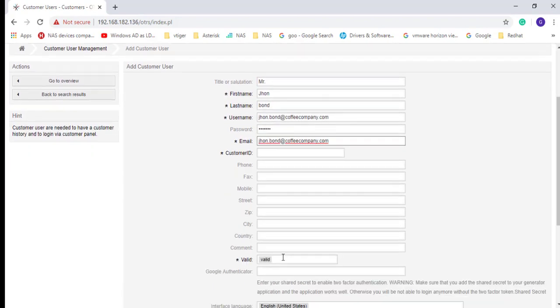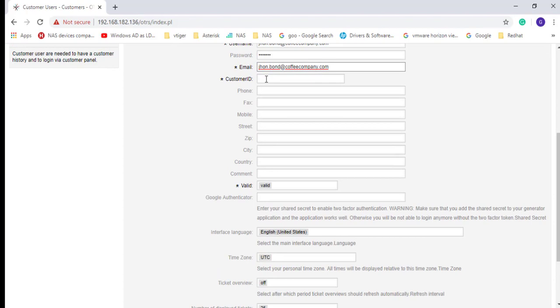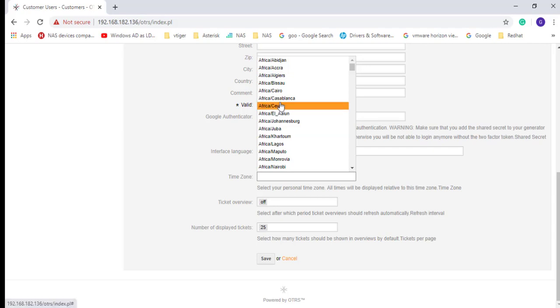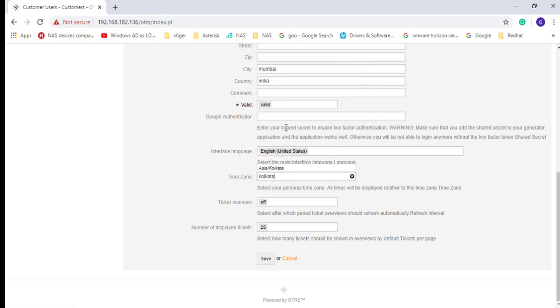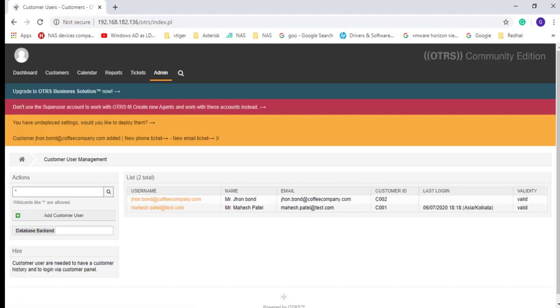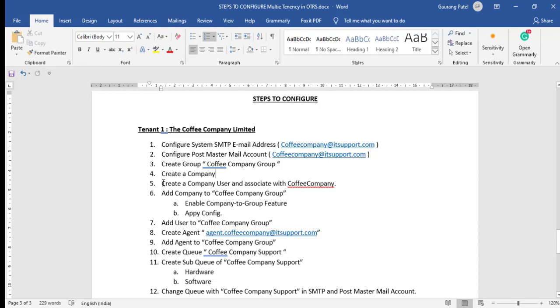Let's copy, give the customer ID. So just click on it, it will show you the reference. Select the coffee company, give the phone number, mobile number, and address, city. It is valid. Language, time zone, let's select Kolkata. Let's save. Okay, now we are done with creating the user.